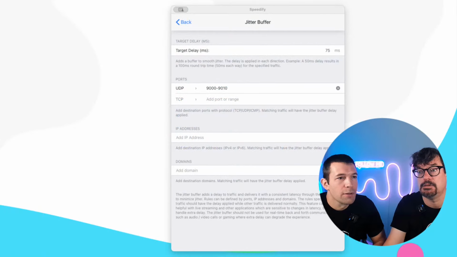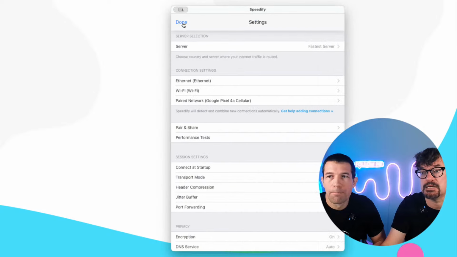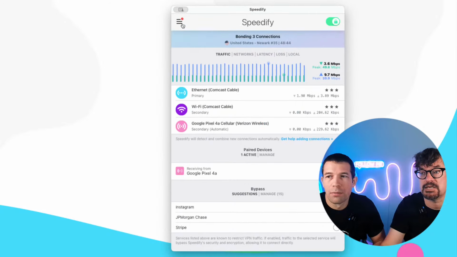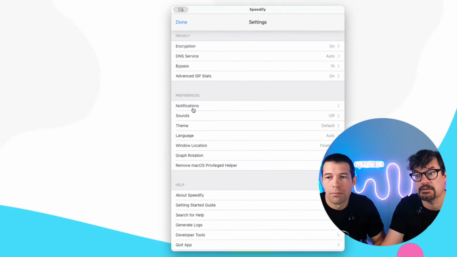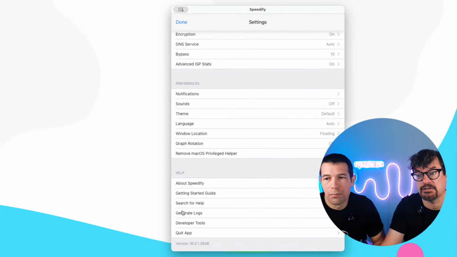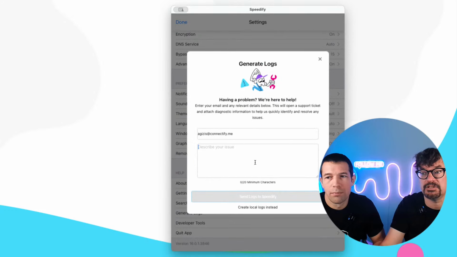I've only had issues with Speedify on the Dish Network Project Genesis. The app will not use it and will have random dropouts. Okay, please connect your computer to a Dish Network Project Genesis connection. Try to use it, and then in the menu, go and generate logs. I'll show you this. It's going to be real quick here because I don't know much about this. So you go to the menu here, this hamburger in the top corner, you click it, scroll to the bottom, you do generate logs, and you fill in a little message here